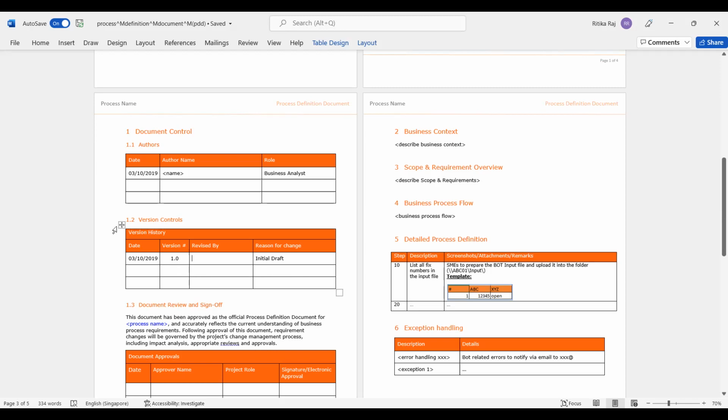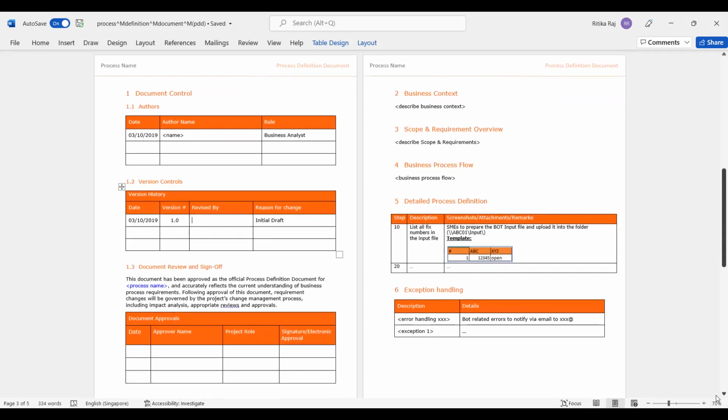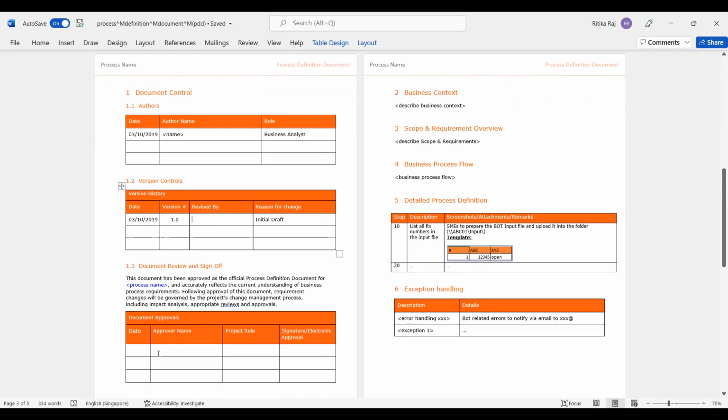So any such revisions observed or done in the PDD should be mentioned here in the version history. Then we have this document review and sign off. So once this document is reviewed, we have to document who is the approver and what is the date